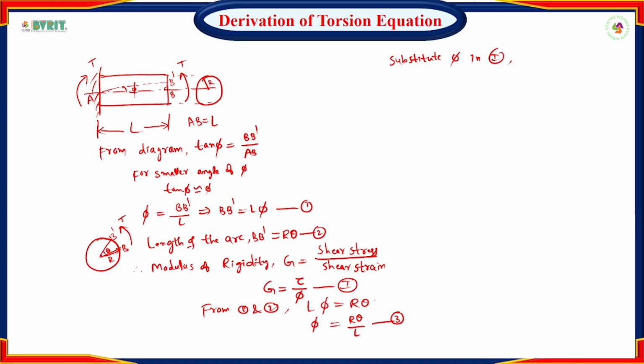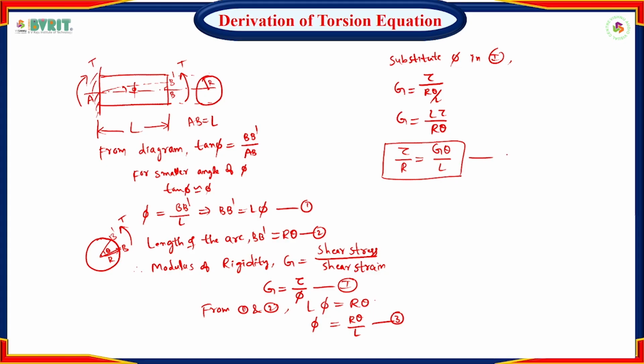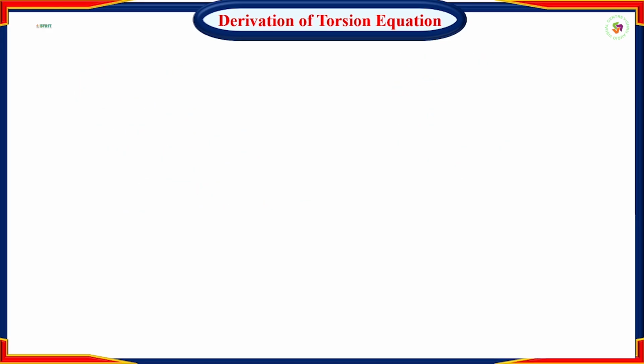Now G is equal to tau by phi, which is tau by R theta by L. Now we can write G is equal to L tau by R theta. Now from this we can write tau by R is equal to G theta by L. Now this is the first phase of the torsion equation. Now coming to the second phase of the torsion equation,